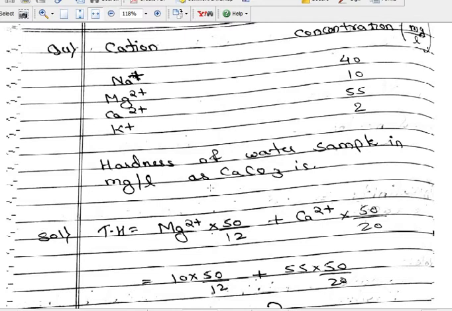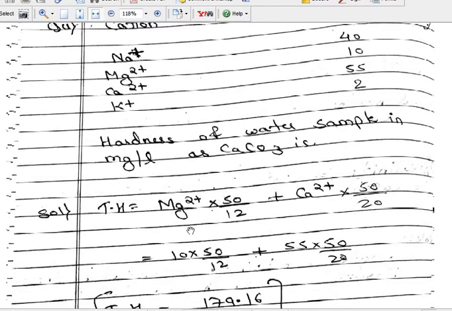It is very simple. We know that hardness comes mainly from calcium and magnesium and sometimes aluminum. Here calcium and magnesium are there, and in addition sodium and potassium are also there, but of course sodium and potassium will not be considered. So a very simple formula you can see here. Total hardness, TH, is equal to, see, TH is actually not a uniform or universal abbreviation of total hardness. For simplification I have written it, but it is not the well accepted abbreviation.